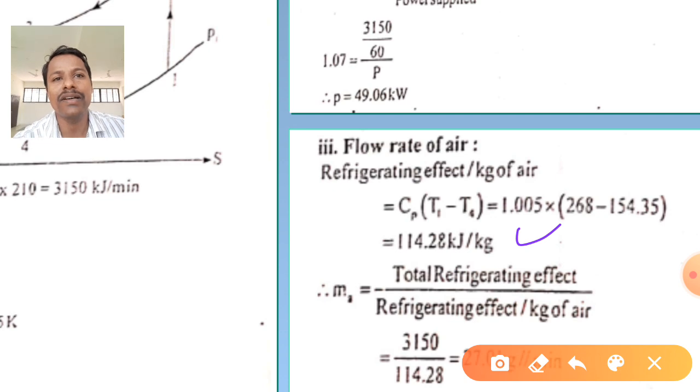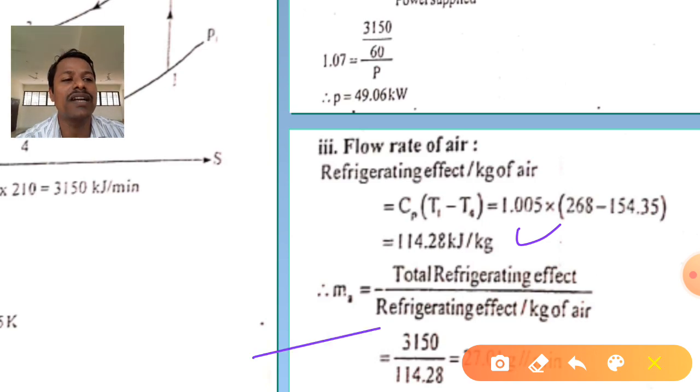It means that whenever we circulate 1 kg of air inside the Bell-Coleman cycle, it will be able to absorb 114.28 kilojoule of heat energy from the refrigerated space. That is the meaning of this. Then again, whenever